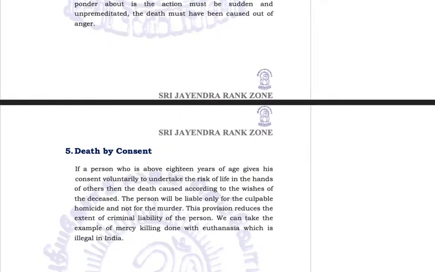Death by consent. If a person who is above 18 years of age gives consent voluntarily to undertake the risk of life in the hands of others, then the death caused according to the wishes of the deceased, the person will be liable only for culpable homicide and not for the murder. The provision reduces the extent of criminal liability of the person. We can take the example of mercy killing done with euthanasia, which is illegal in India. Euthanasia is also called mercy killing. Mercy killing means